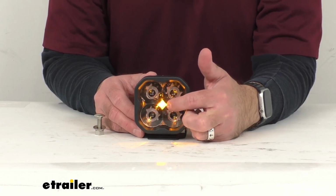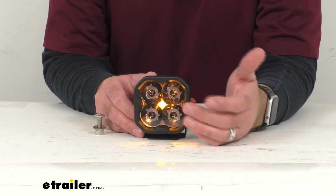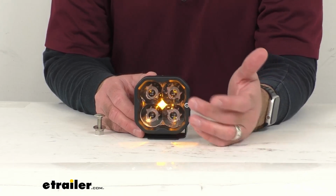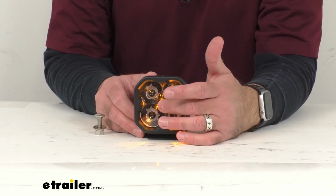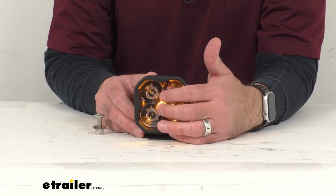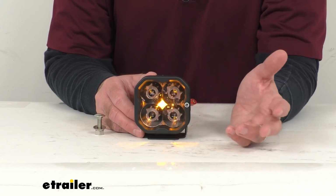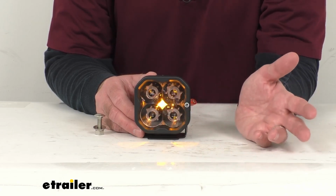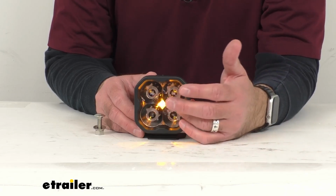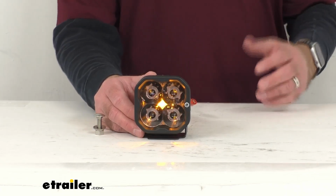TIR stands for total internal reflection. So unlike the older technology that uses reflectors or simple projector lenses, which aren't too efficient in focusing all of the light where you want it, this custom designed large TIR optic actually collects and focuses all of the light forward very efficiently. And instead of having another external lens, certain lens patterns have been molded directly into the lens